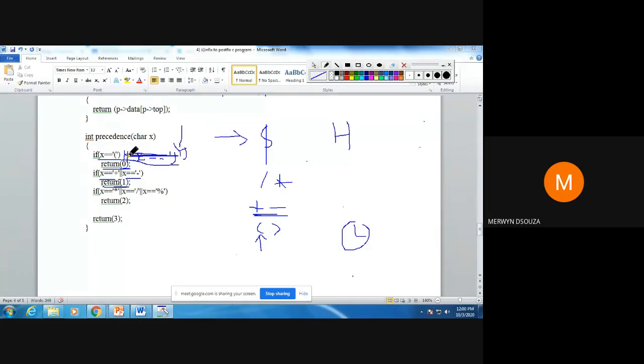What we do is pop everything that is present on the stack till we find an opening parenthesis, and then we discard the opening parenthesis. So we never do anything with the closing parenthesis. So that's why it's not needed. If you wanted, you could have put an or sign here and put the closing parenthesis, but it will never be encountered.